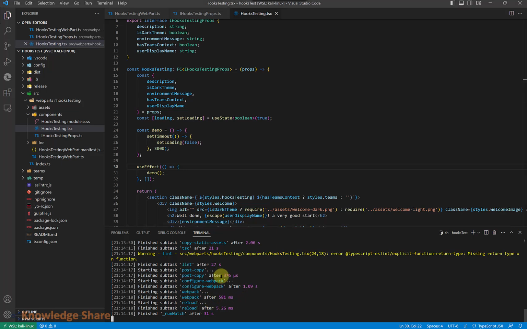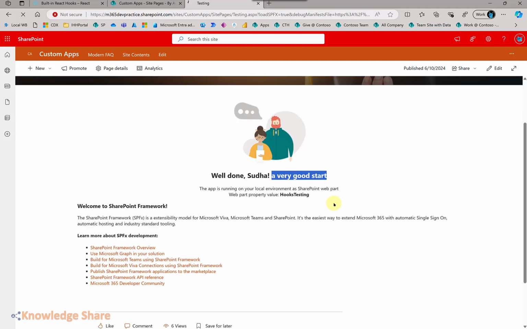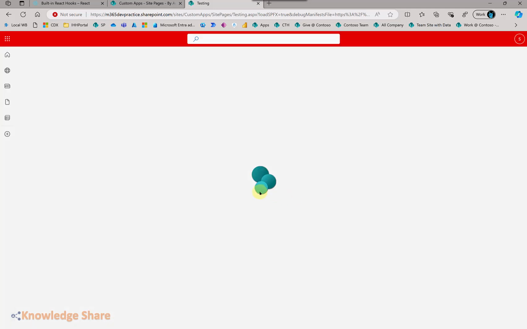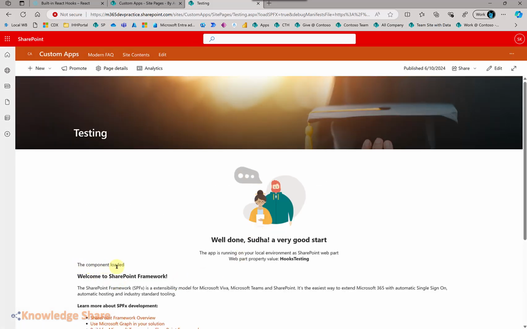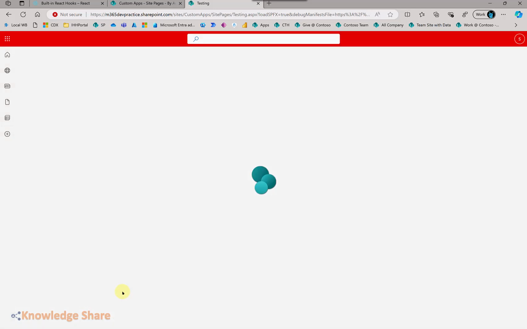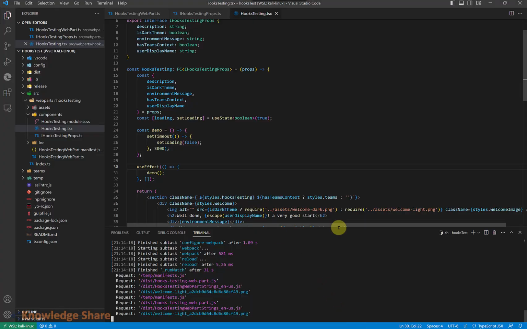So now the web part is built. Now let us go and refresh the page. If you see here, it is displaying the component is loading, and after 3 seconds it has automatically changed. So I will refresh the page again. If you see here, it is displaying component is loading, and after 3 seconds it has changed to component loaded. So this is a very simple demo, and here what I have shown you is how you can change